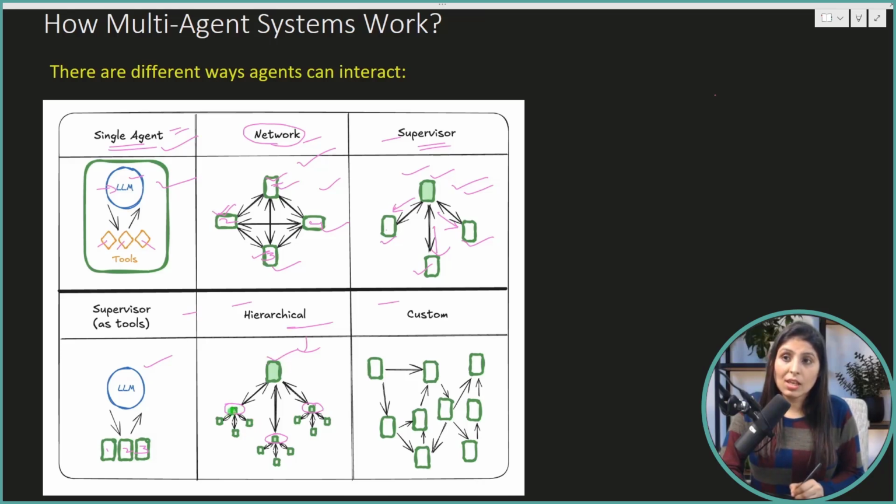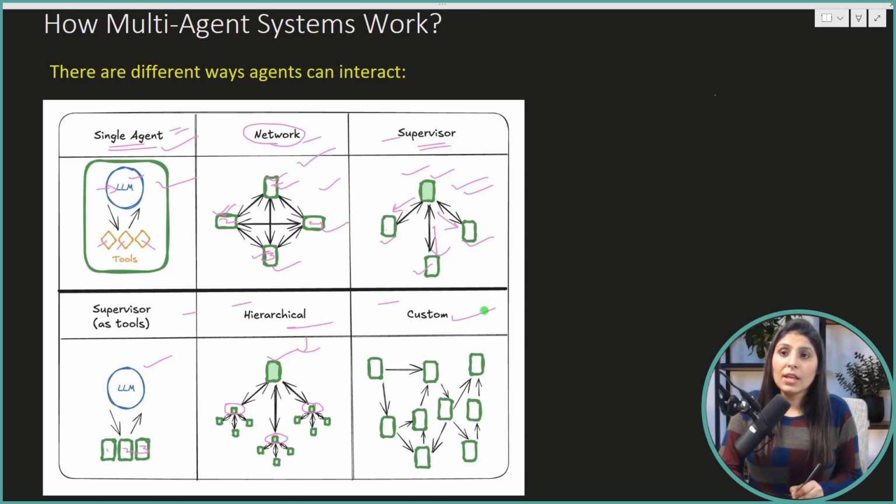This agent can pass on information here, here and here. In the same way, this agent can pass information to here, here and here. They cannot pass information like this, meaning these two agents cannot share information.